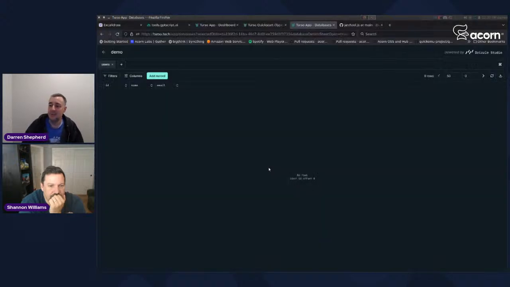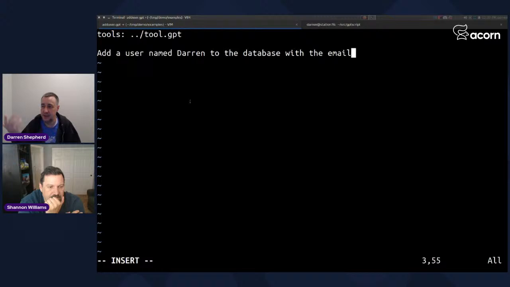Because I didn't tell it what's in the table, it just hallucinated and added name and email. Obviously, if you want it to be specific, then you would have to specifically tell it. But I wasn't, so it just created whatever it wanted. But we'll just go with that for now. Add a user named Darren to the database with the email